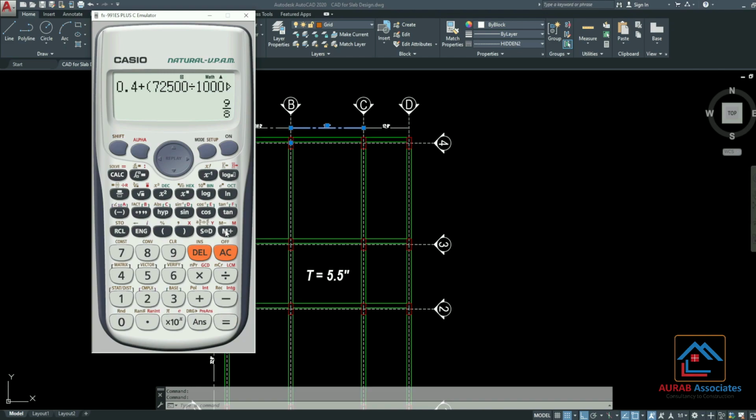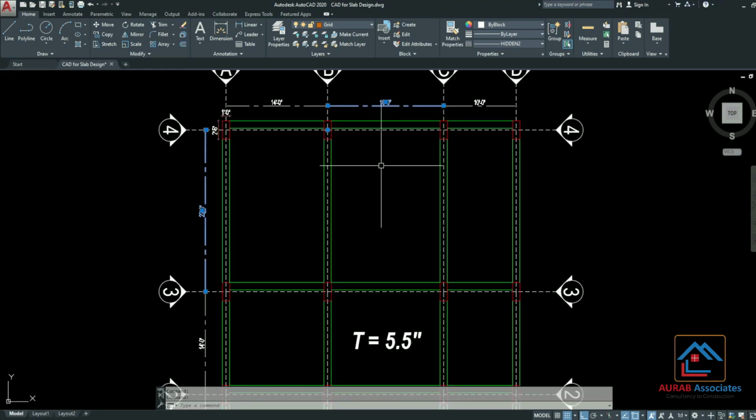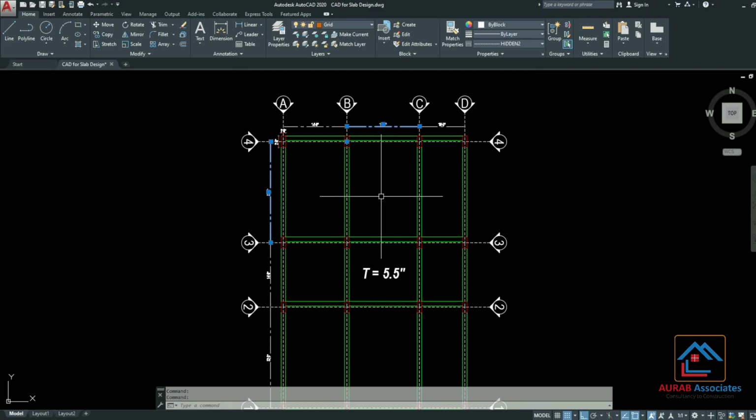We are getting 1.125. Now multiply this one with 5.06. We are getting 5.69 inch slab thickness for this span. This is the highest two-way span.